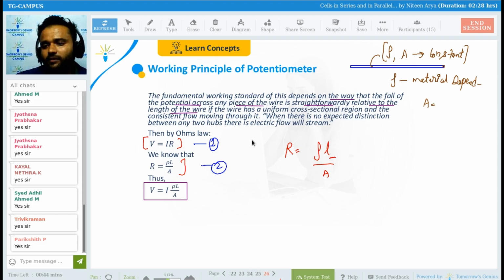Area depends on configuration. Configuration is nothing but the radius. We fix that initially. Clear? So that is how, using this,